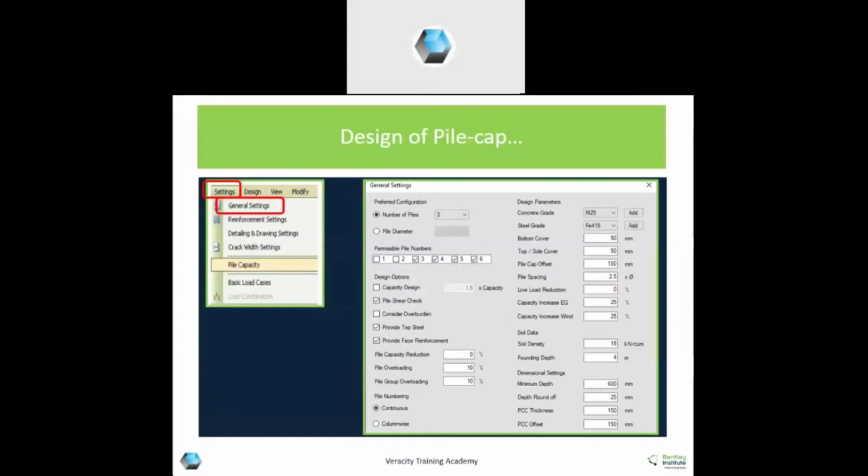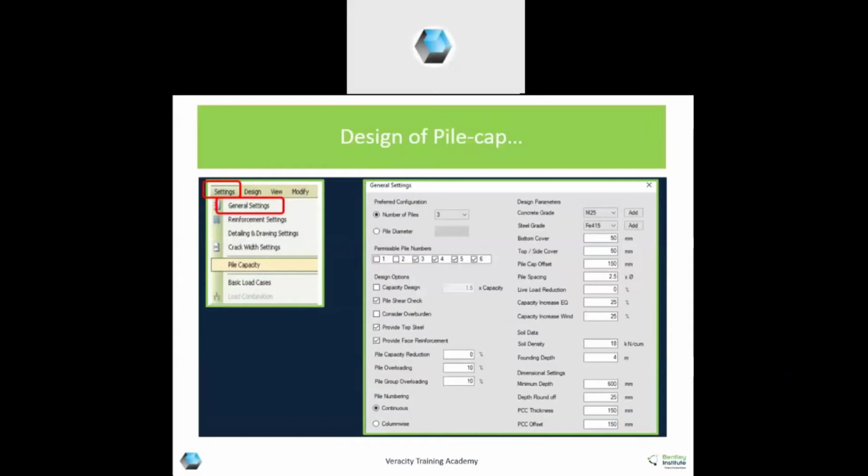If you want to reduce the capacity, you can reduce it, and that can be called another factor of safety. Next is pile overloading. A single pile can be overloaded, or a group of piles also. Some overloading is possible as per each codal norm. As per our code, we can overload up to 10%.